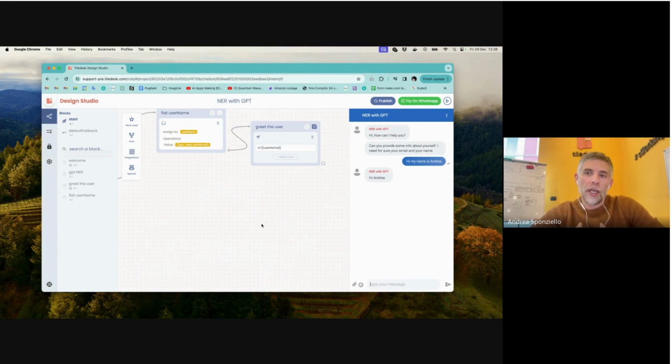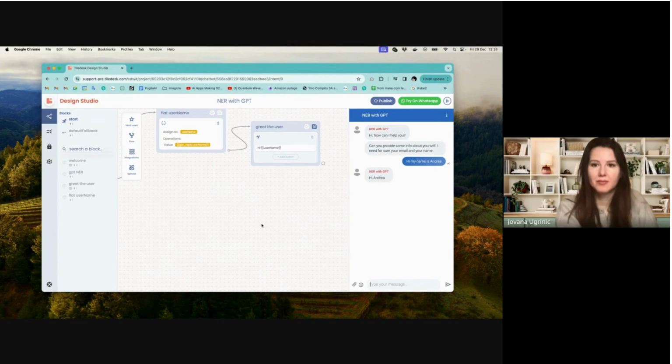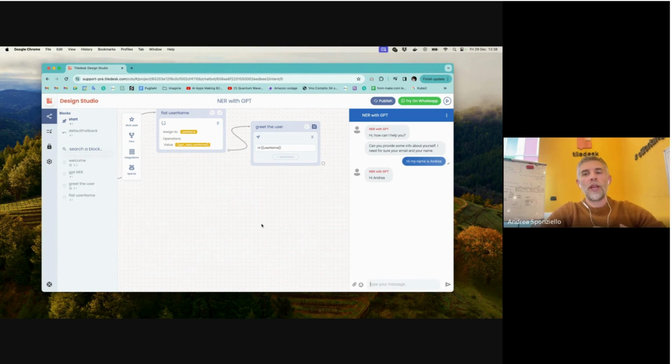Also prompt chaining. You can move those data from one GPT block to another GPT block to create chained elaborations. Getting JSON back from ChatGPT is another cool feature, but you have to understand how JSON works and how to manage it. So, Jovana,